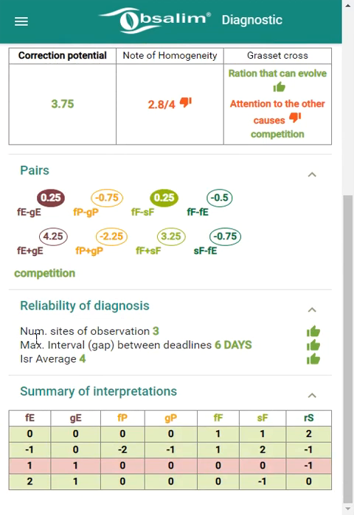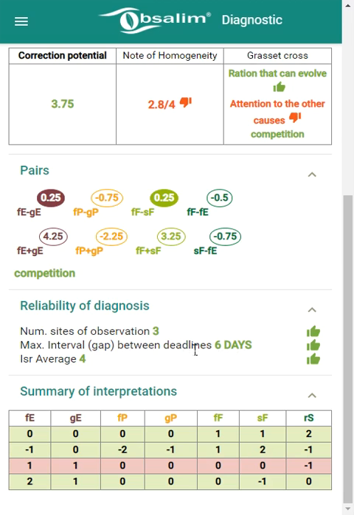You have 3 indicators: the number of observation sites, in this case 3, which is the minimum. You have also to check the maximal difference between the shortest delay and the longest delay, which is 6 days in this example.